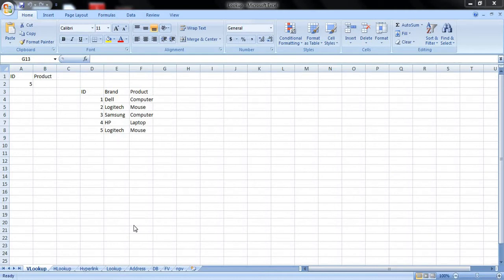Lookup and reference functions help you to work with arrays of data. Arrays of data is wherein we have bulk data arranged in a particular order, that is either row wise or column wise. These functions are particularly useful when you need to cross reference between different data sets.